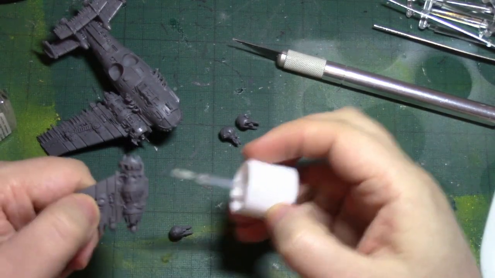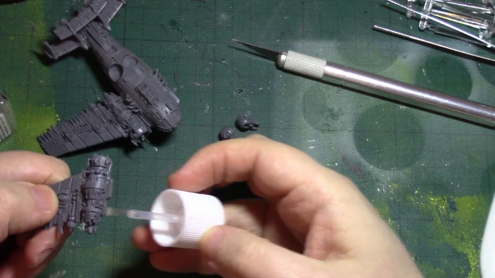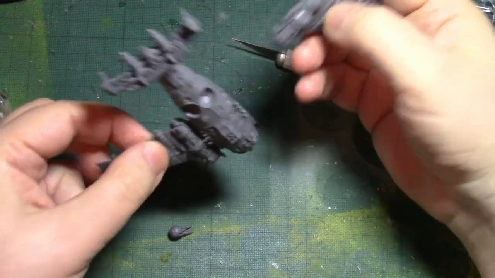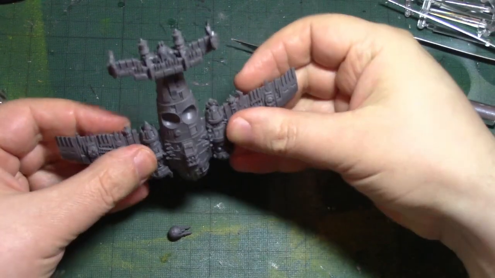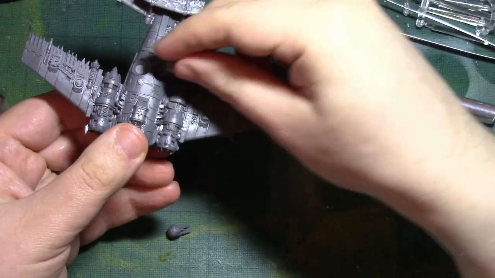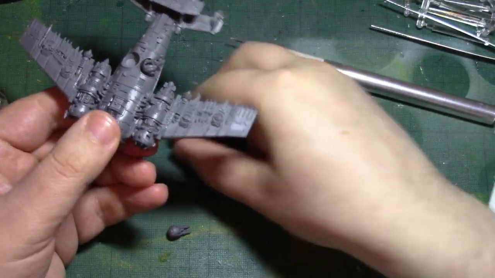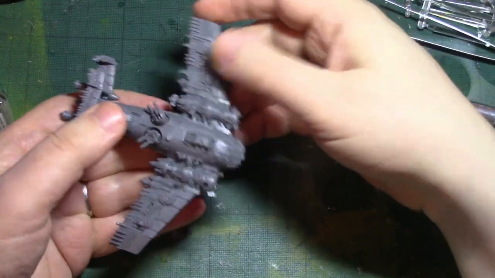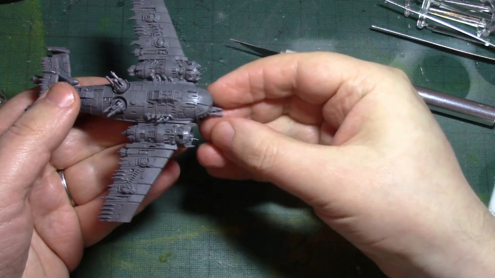And it gives you a use for all the bits you got left over when you hijack some of the Blitz, some of the Grot Bomber bits to build a Blitz Bomber. So it's a transport craft with a nose turret, two other turrets,